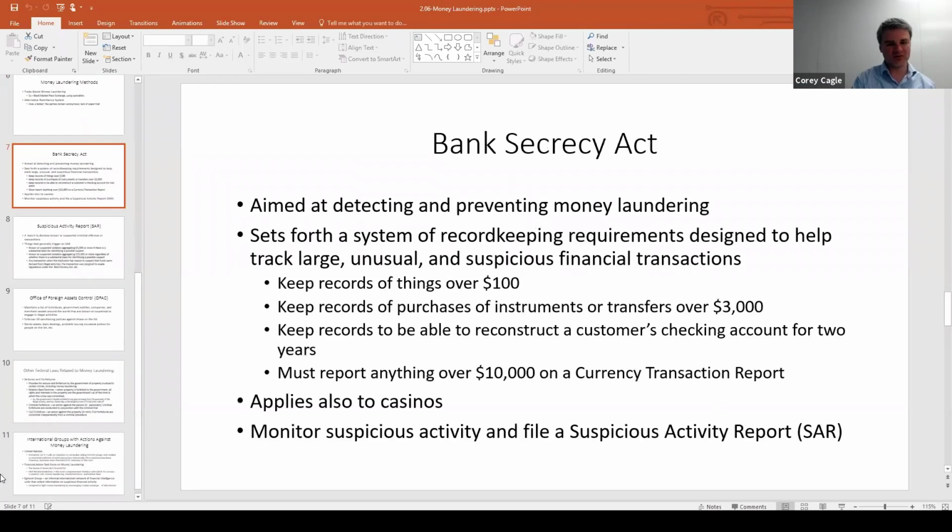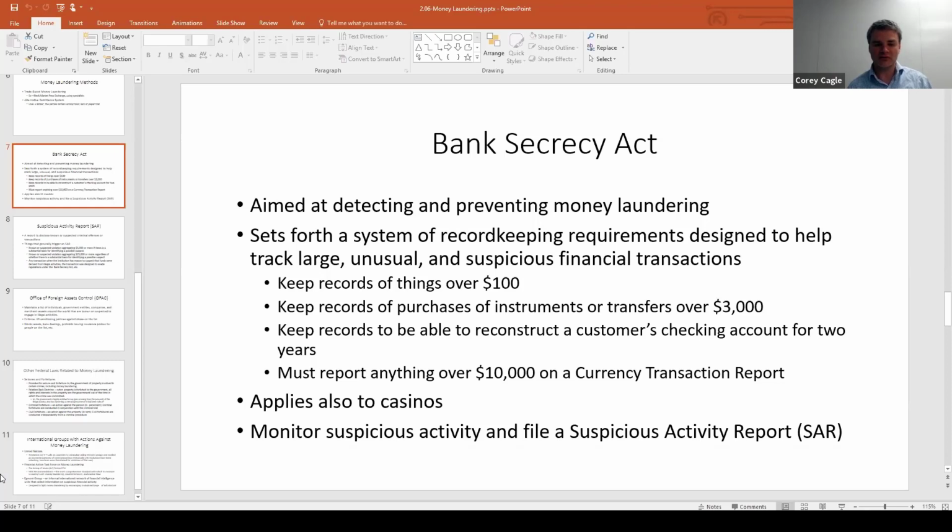All right, here's that Bank Secrecy Act again. That's important. So the purpose: preventing and detecting money laundering. There's a system of record-keeping requirements that financial institutions are required to keep, and they're trying to track and keep up with large and weird and suspicious financial transactions. I don't know that I'd commit all this to memory, but I put a note on there just so it could give us a little more of what they are talking about. So you just have to keep records on stuff, basically.